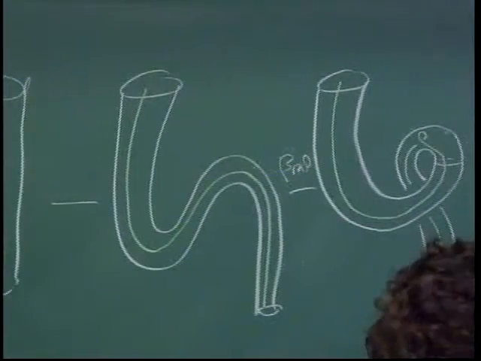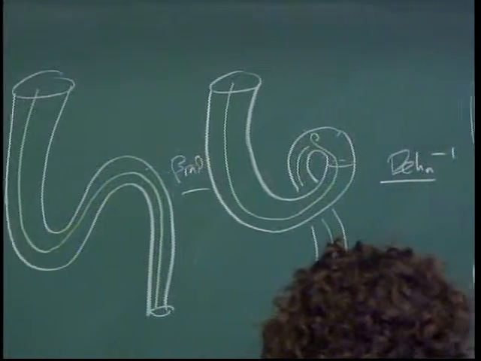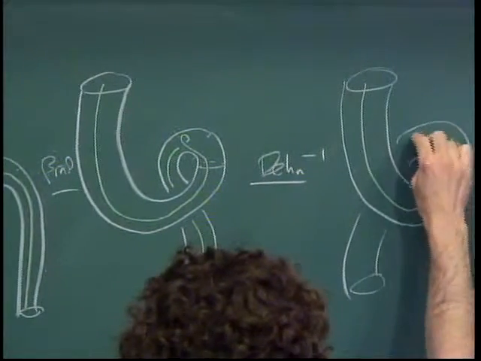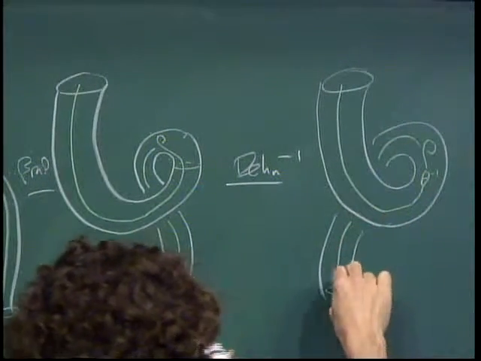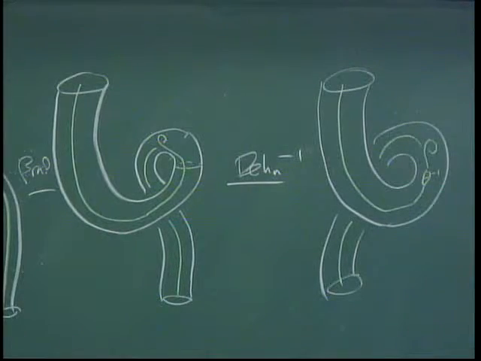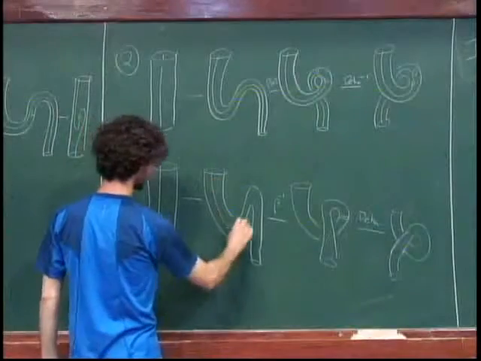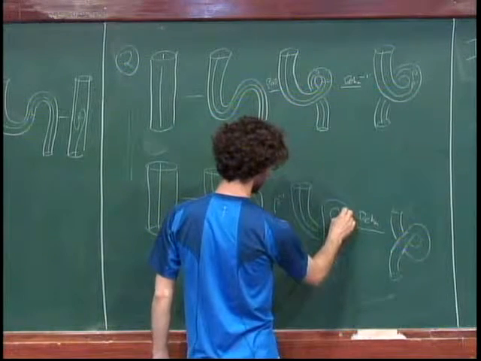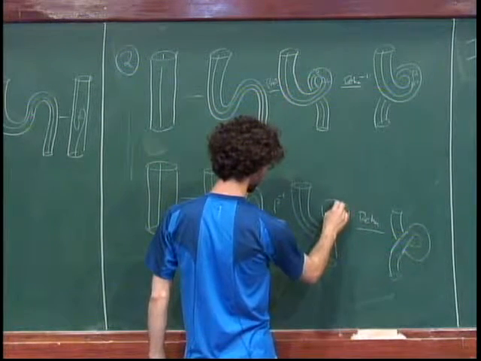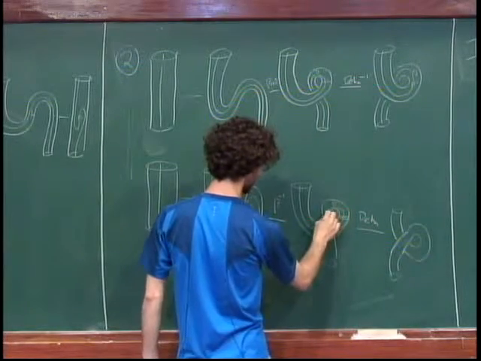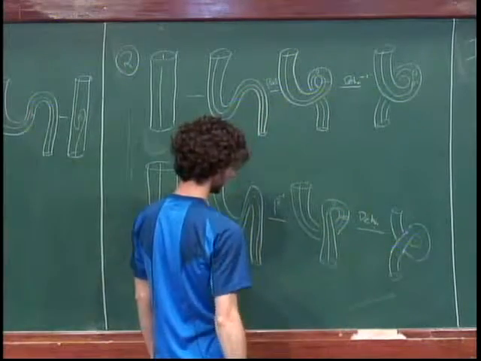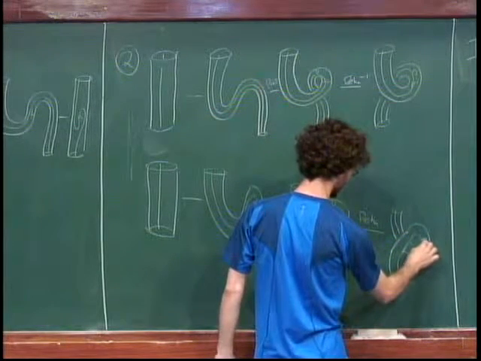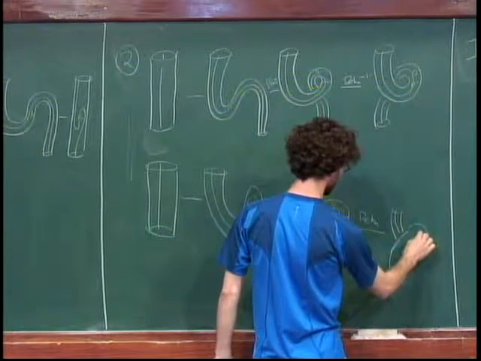And then here, I got an inverse Dehn twist, so that was theta inverse, and then I had that internal braiding, and then came back down. And on the other hand, I could do this, and then come up here, and then I braided the other way, the other internal braiding, like that, and then I did the Dehn twist, so I picked up a theta there, like that,